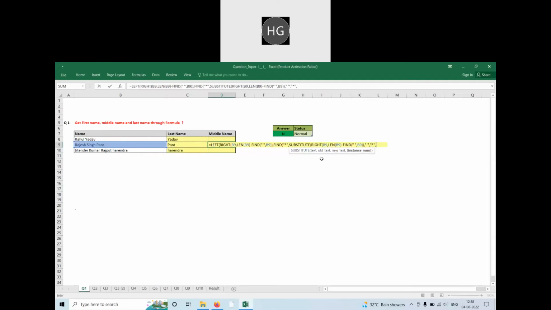Now I want to count the total number of spaces. Total number of spaces: len minus len substitute. Substitute is asking for text, whatever I have copied I will put here. And now I want to replace space by blank. So in this way you can easily find it.